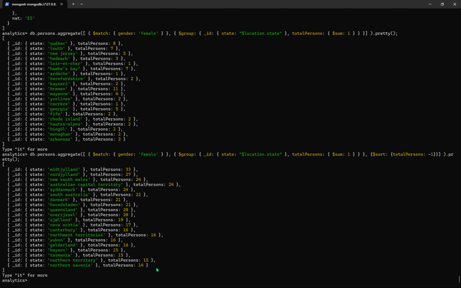We can also use $project, that is to get a projection to manage the data that we want to display or pass on to another stage. I'll be showing you that as well. So coming to the project one,